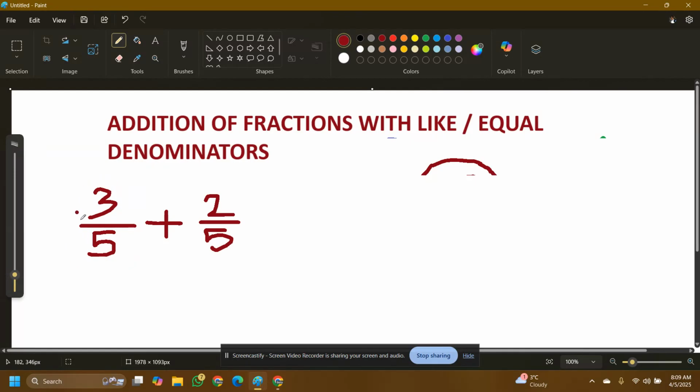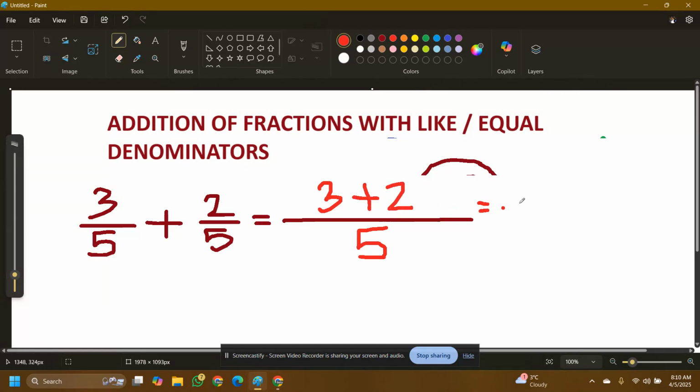I'm only worried about 3 parts of the 5 parts. And the next one has 5 equal parts. I'm only worried about the 2 parts of the 5 parts. So if I want to add these two fractions, just because I have the same denominators, I'm going to write it over here, and that would be 3 plus 2, which is equal to